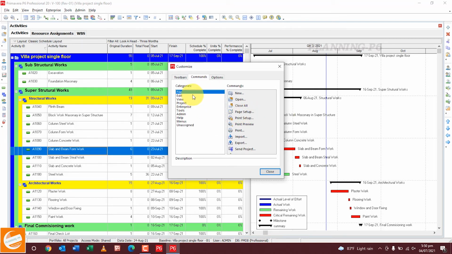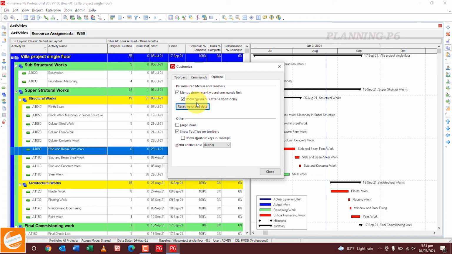Then there are commands. The Commands option has File, New, Open. These are the commands. You can add Edit. These are the commands. You can see here with this button you can align with that. These are the commands: Project, Enterprise, Tools, Admin, Help, Menus, and then Unassigned. After that there is an Options button. The Options button has show recently used commands first.